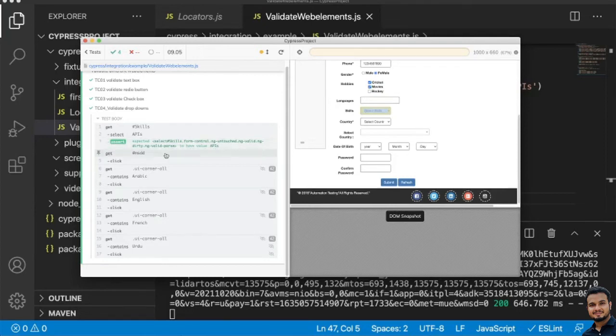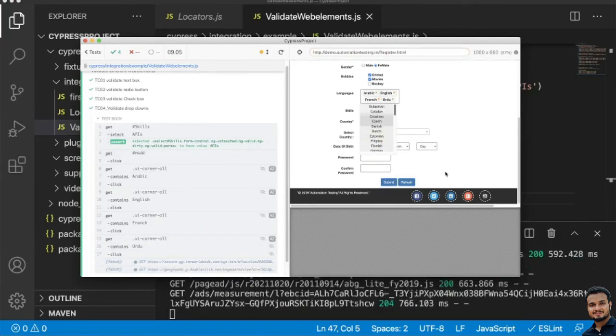So we are checking whether the value is APIs or not, and that executed. Then we identified these languages. Then we clicked here, so you can see it here. Then we tested whether it contains Arabic, English, French, and Urdu. If you want to add some more things also, you can do that. So we see all these things are working fine.